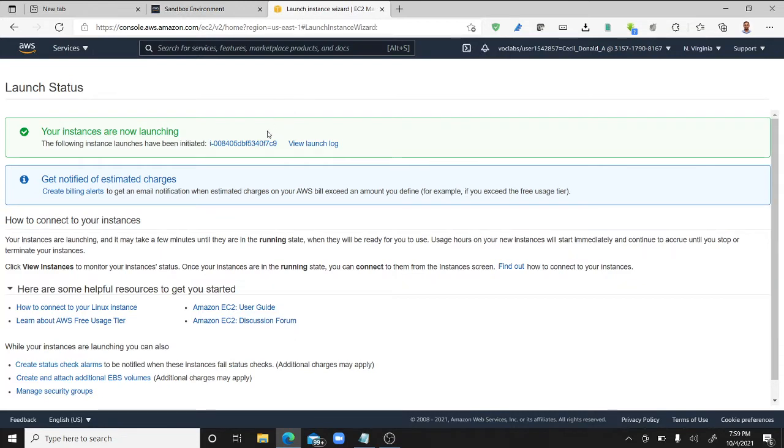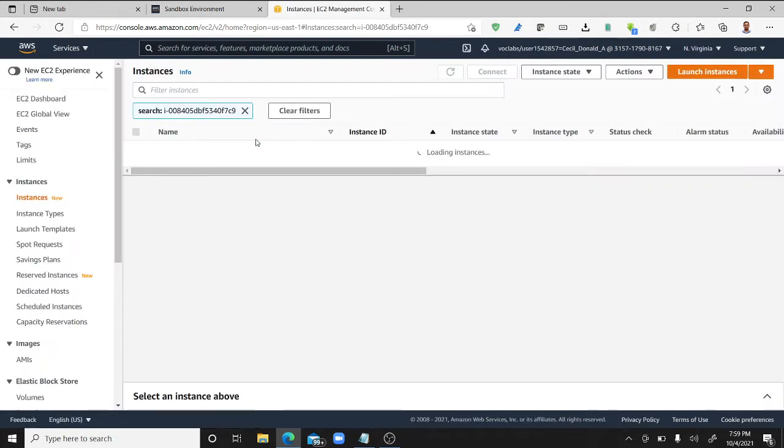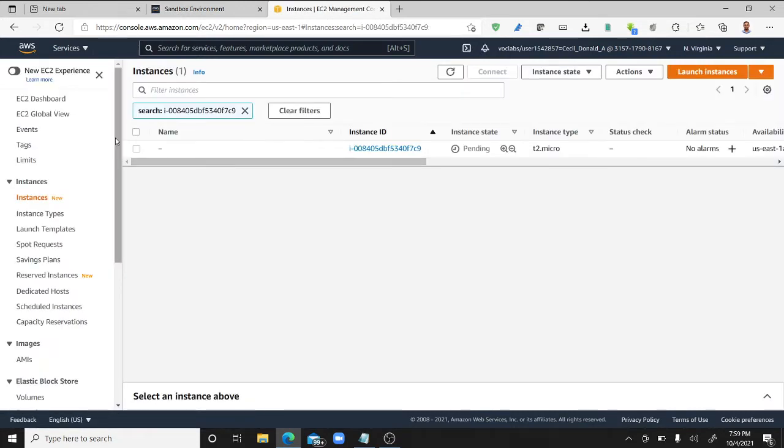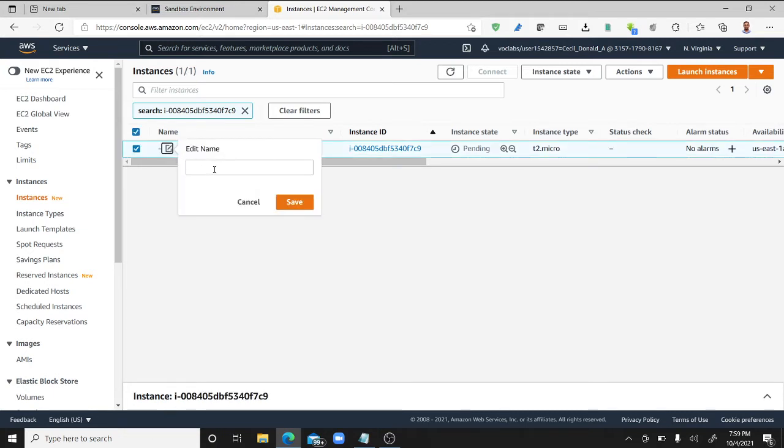Now go back to your instance, click the ID which is created, and for the identification, I'm just renaming it app deploy. Okay, so it's in running state.